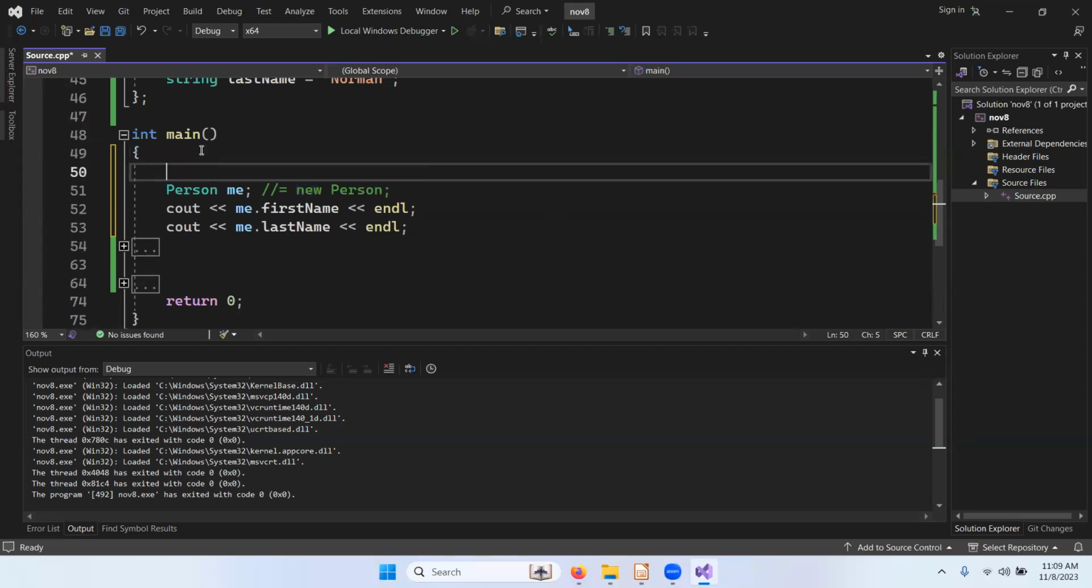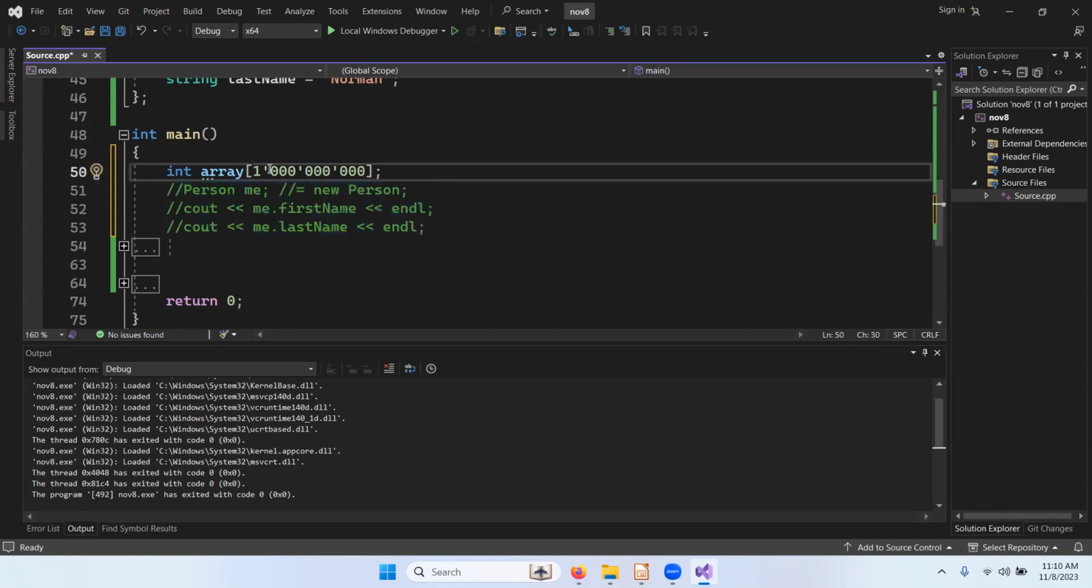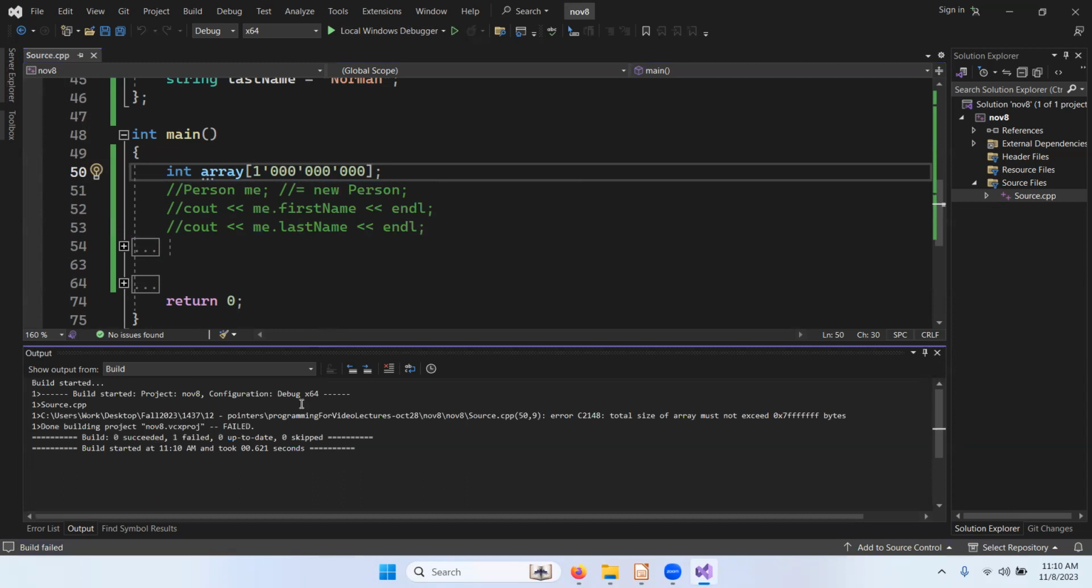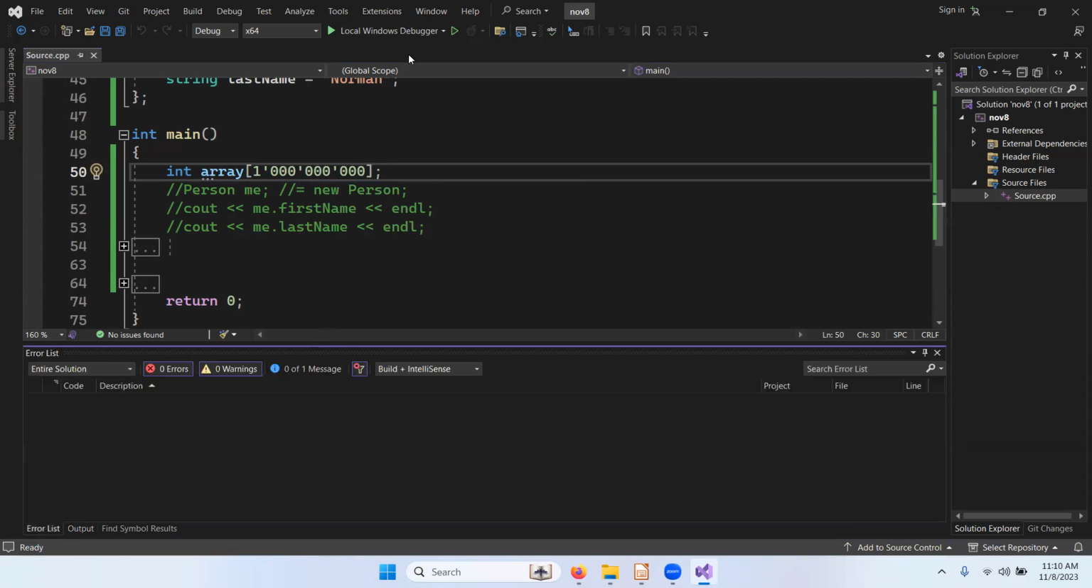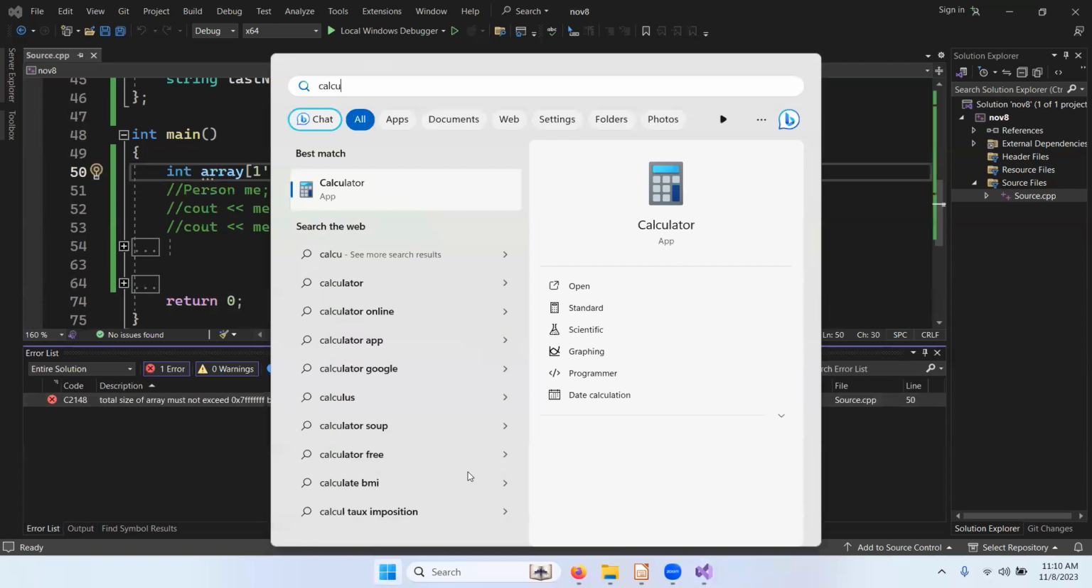I don't remember if I've done this yet, but we can generate a stack overflow. We can overflow the stack, exceed the amount of memory that this program is allocated by the operating system, by doing something like this, declaring an array of 1 billion elements. I think that'll trigger it. So the compilation failed, and it says total size of array must not exceed 0x7FFFFFFF bytes, which